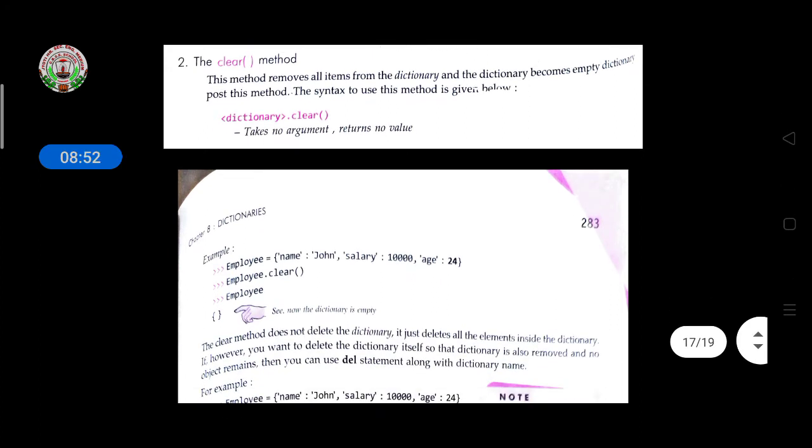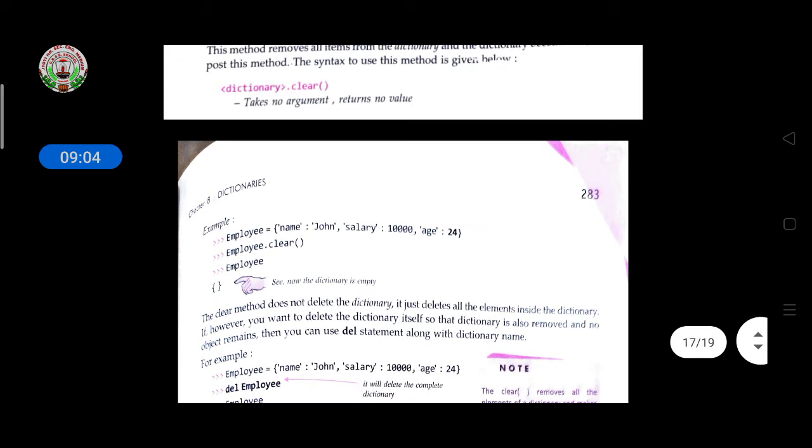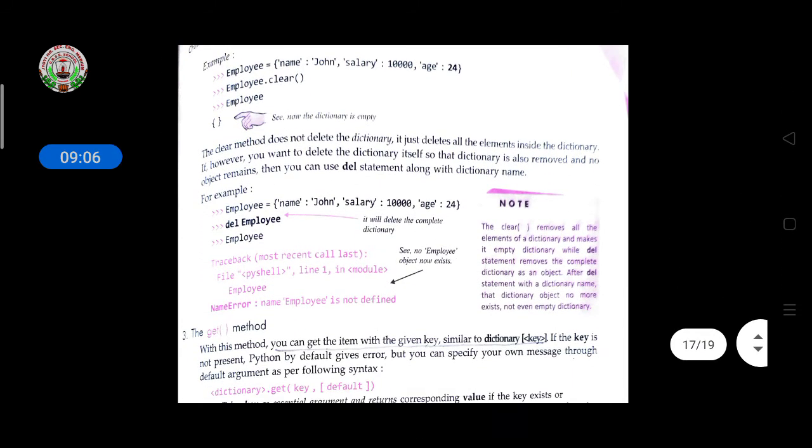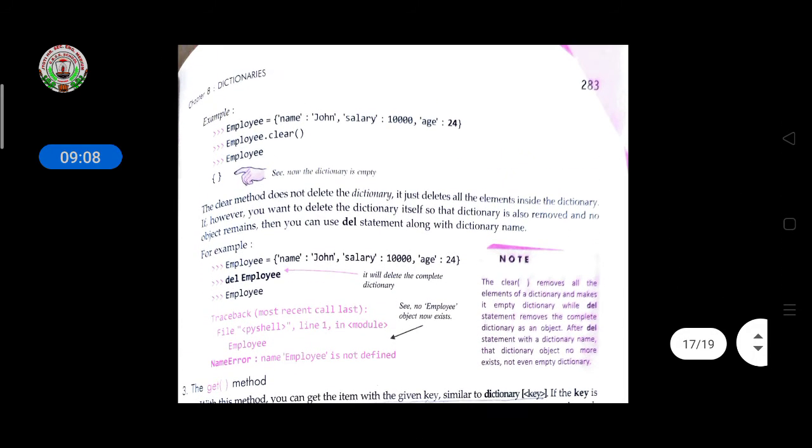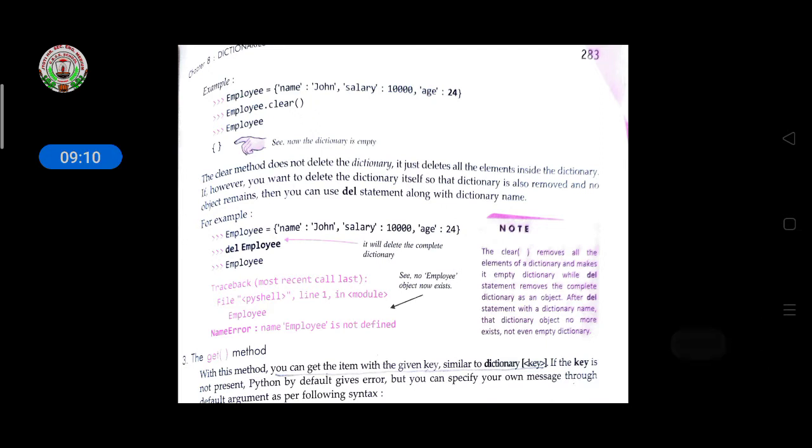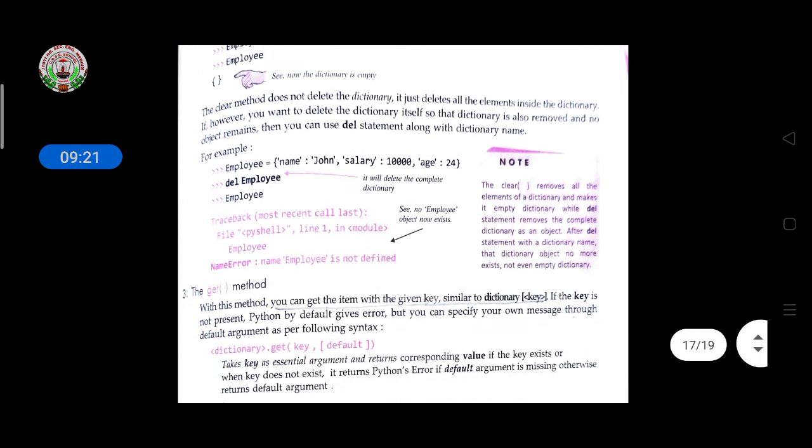It does not take any arguments, meaning nothing is given in the brackets, and it returns no value. This is the example of clear: after writing employee.clear(), if you print employee, the dictionary is empty, and only curly brackets will be displayed.